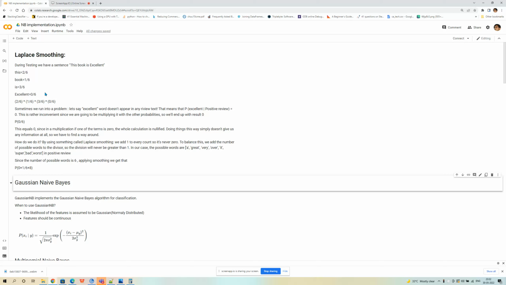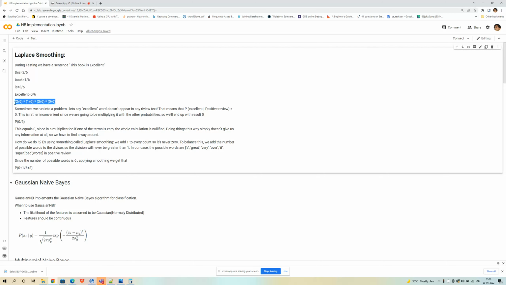Correct. Now what we'll do is multiply each word's probability, right? So 2/6 times 1/6 times 3/6 times 0/6. Since this word "excellent" has never occurred in the training sentences, it will be 0/6 and everything will become zero, right? This is not what we want, because just by this error, where "excellent" is not there in the training data, everything is becoming zero. So in order to overcome that problem,